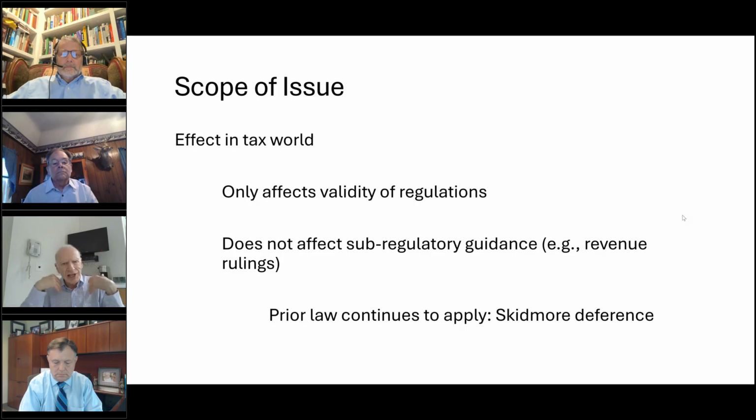So they surrendered to the agencies interpretive authority with respect to ambiguous statutes. And now in the Loper decision, they of course have overruled Chevron. And in effect, they've taken back this interpretive authority that they had given to the agencies in 1984. They've now taken it back to themselves. So the courts will now be back in the position, presumably, that they were in pre-Chevron to a large extent, and they will now be interpreting these ambiguous statutes for themselves, as opposed to allowing the agencies to do it.